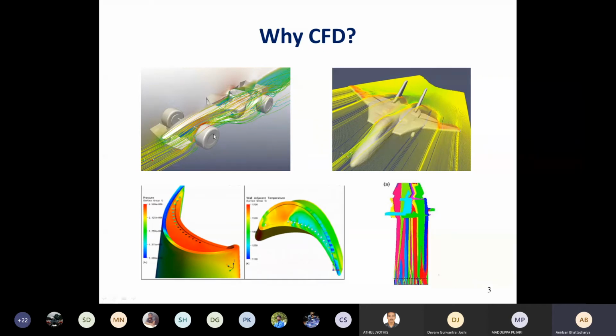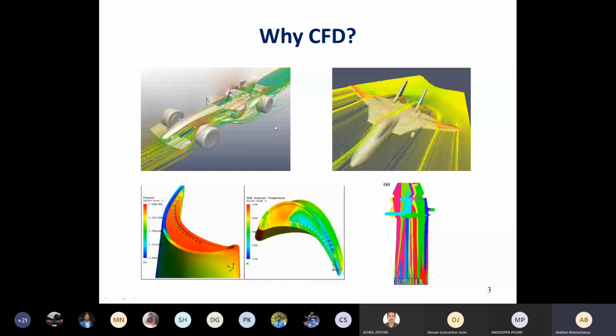Everything for that scale model. It can be a full scale model, but it is very difficult to have a full scale model for a large object like a Formula One car, because the wind tunnel dimension will not be sufficient. So you have to develop a smaller scale model, maybe 1:2, a half scale model, or a 1/10 scale model, something like that. Wind tunnel experiments are very expensive, because say you want to study 10 designs, you have to develop these 10 prototypes, manufacture them and study each of them.